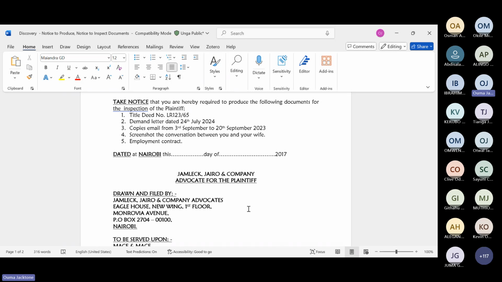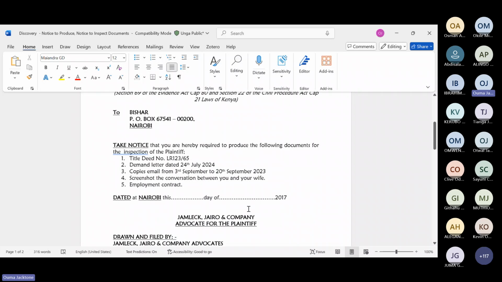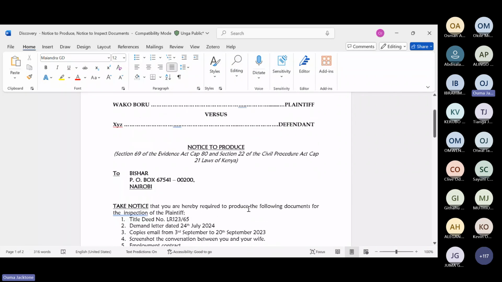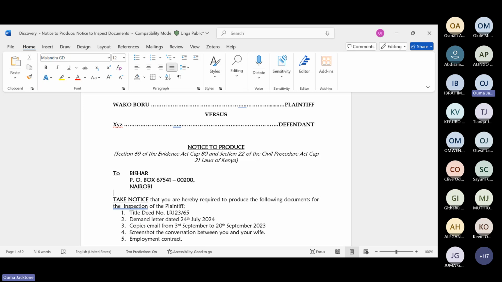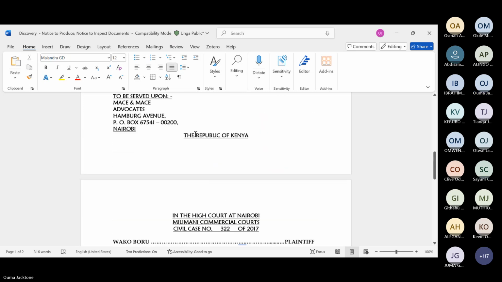So you put that in your words, paraphrasing the information I've given you, and then you get your full marks. Sometimes it's not about drafting. Sometimes you just give the information on the procedure. So the first procedure is send out a notice to produce, and then the person will respond with a notice to inspect. Are you together?